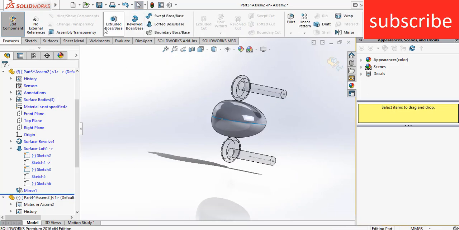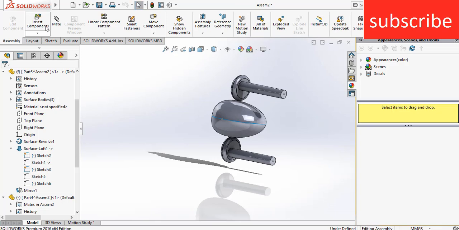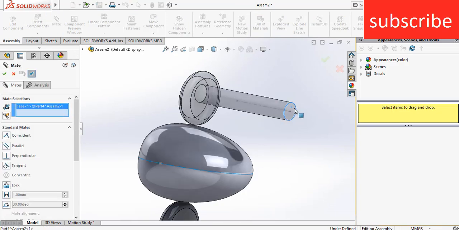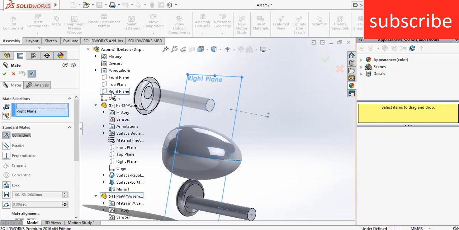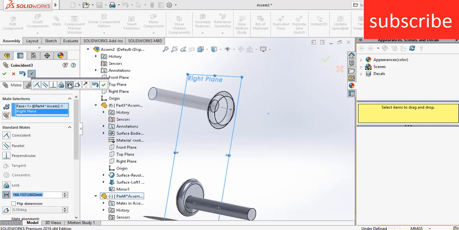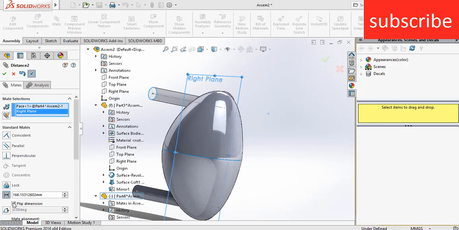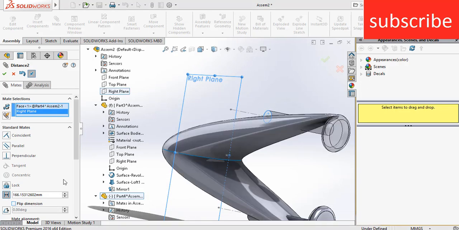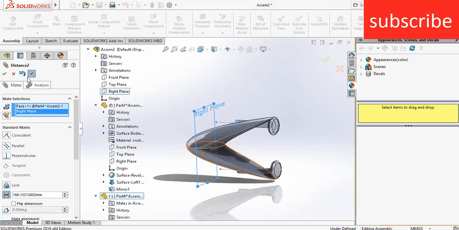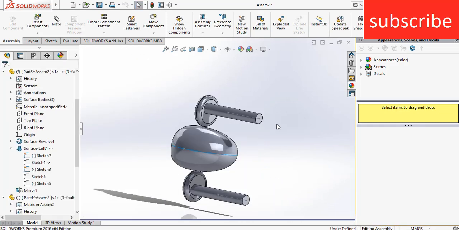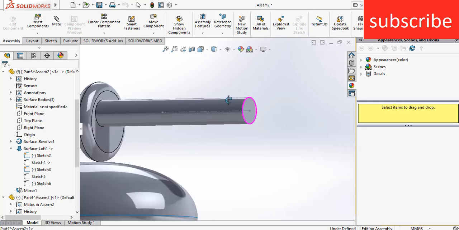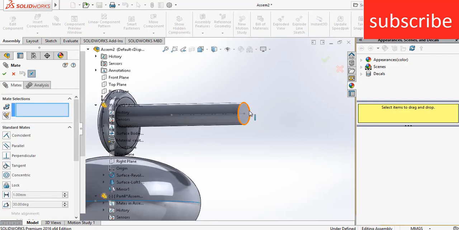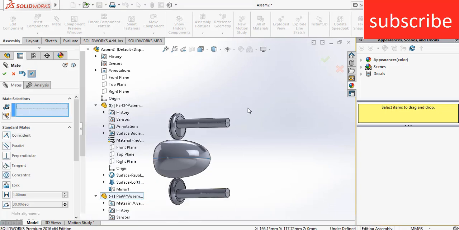Now go to features. Sorry, exit the assembly mode, click on mate, select this face, select the right plane, click on distance, click on flip dimensions. Let me see what kind of problem it currently is. Basically, click on mate, select this point, select this face, click OK.